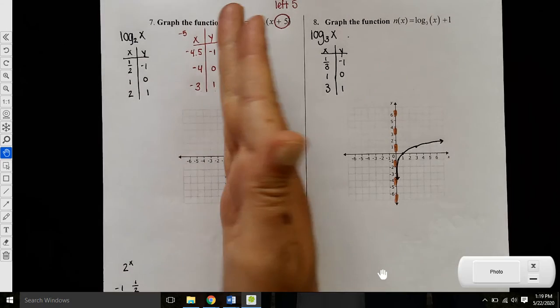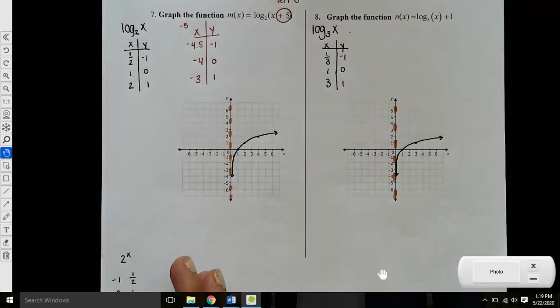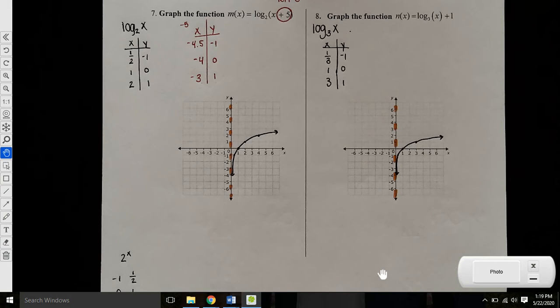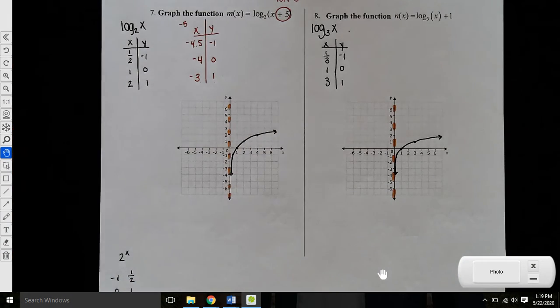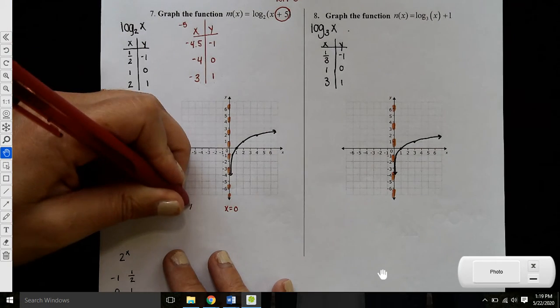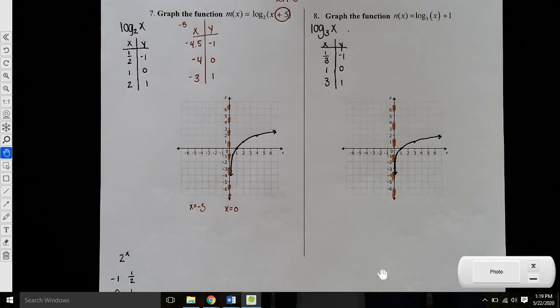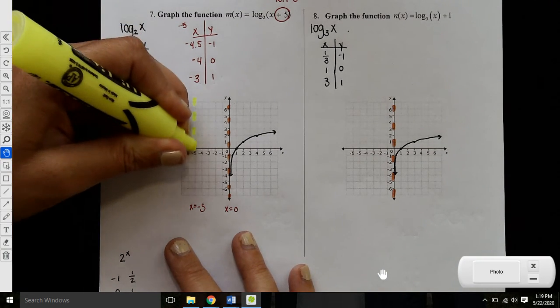When you shift the function left or right, since this is a vertical asymptote, that also shifts with it. So this asymptote was at x equals 0. Now it's going to be at x equals negative 5. It's also going to shift left 5. So here is my new asymptote,